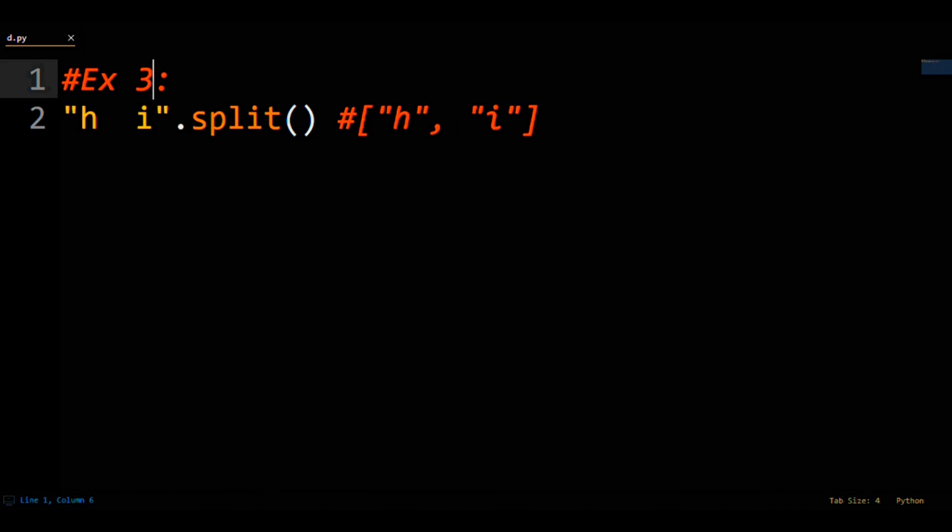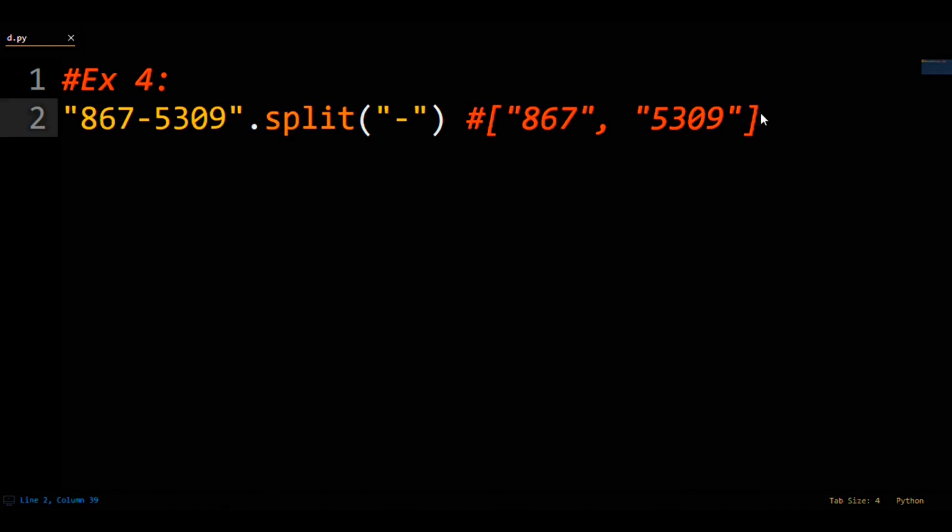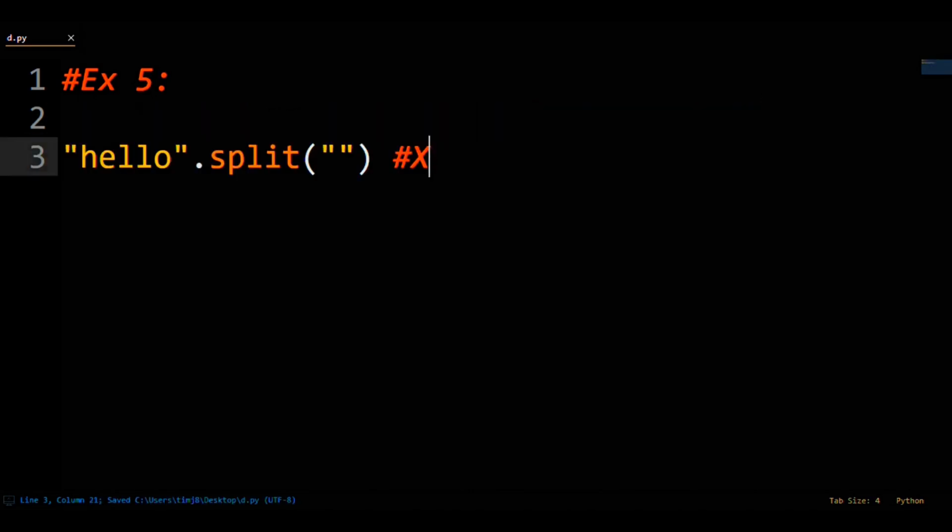If you pass one argument to split, you can split on a specific character. For instance, if you had Jenny's number, 867-5309, and then split it on the dash character, you would get a list containing the string 867, then the string 5309. If you're wondering, you can't do something like "hello" and then split on the empty string and split hello into all of its characters. You could just pass some string like hello into the list constructor to achieve that goal though.